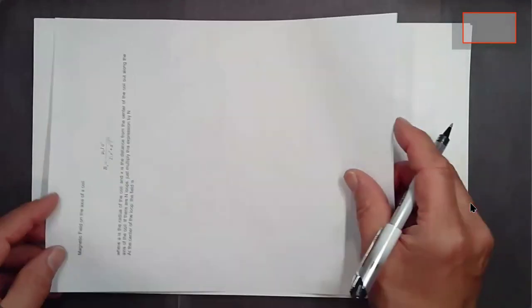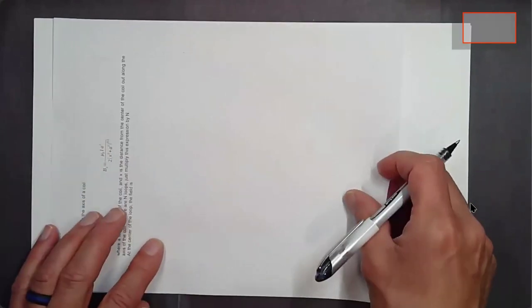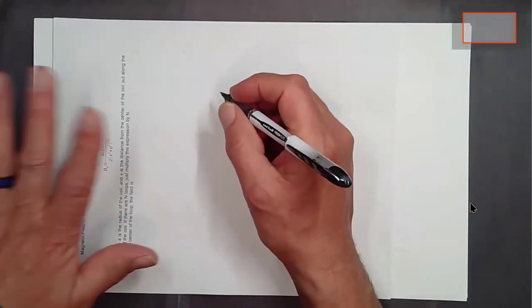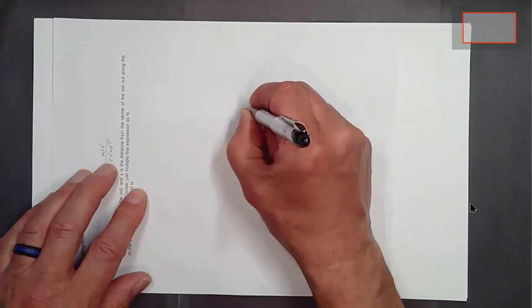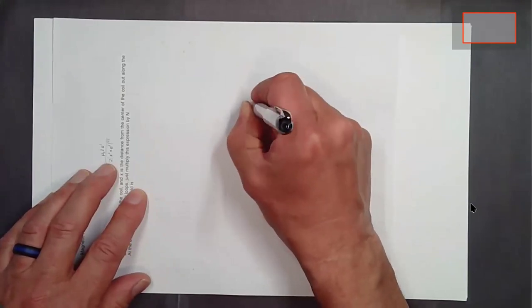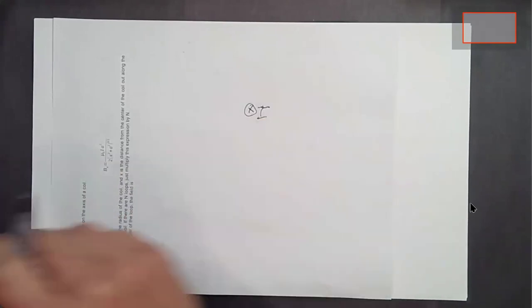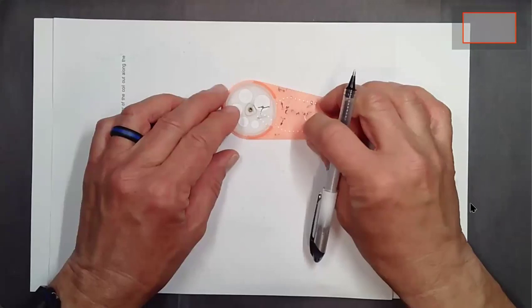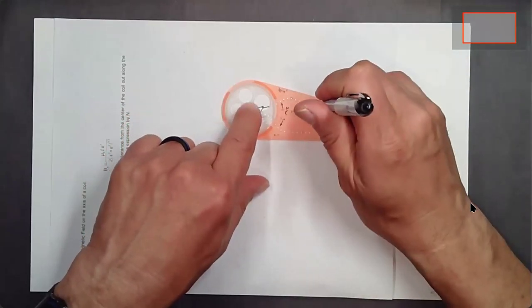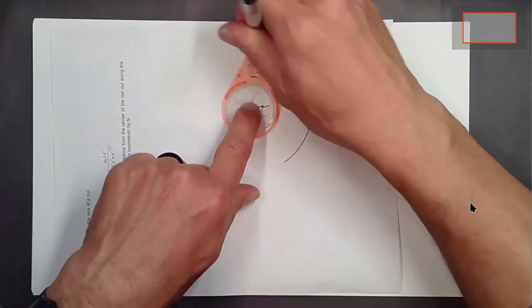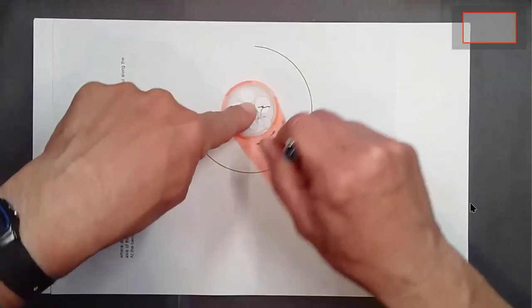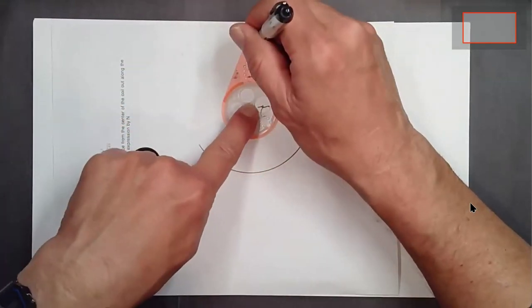Remember, that's the field on the loop of a wire, so ignore that for now. But let's just suppose we have a current I that's into the page here, and we'll draw a circle that goes around that thing. And in this case, I'm going to make it a nice perfect circle,